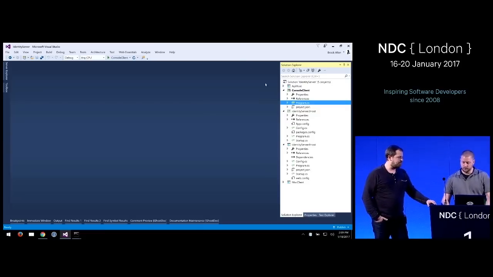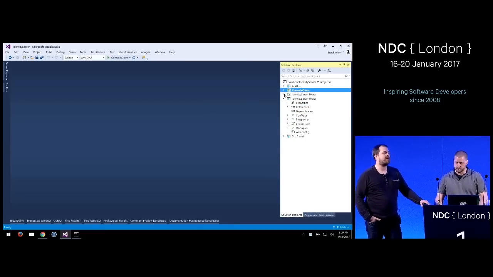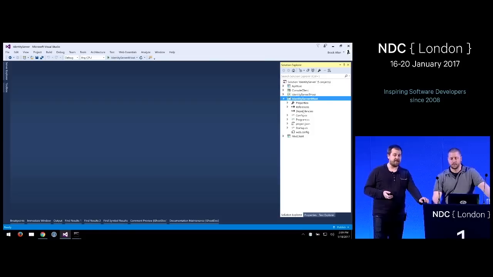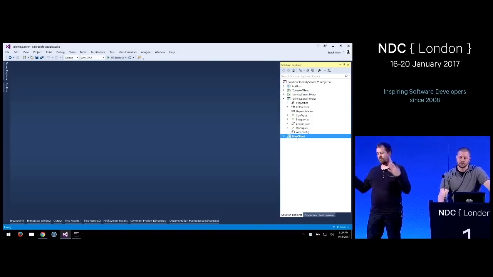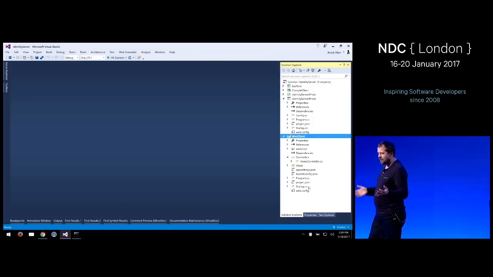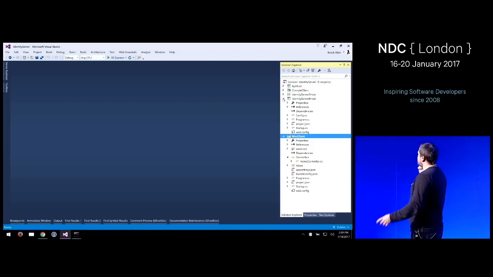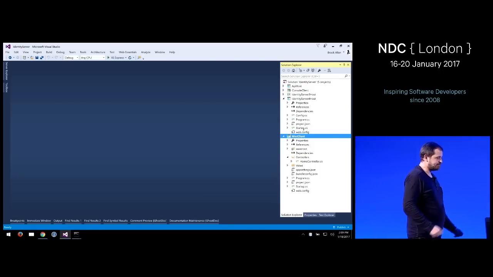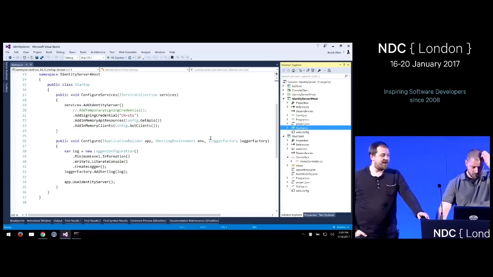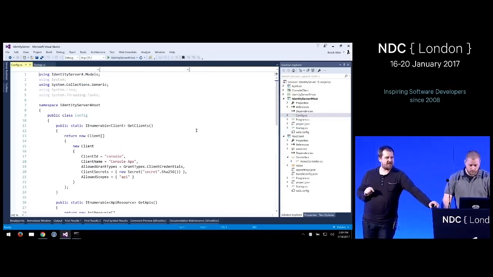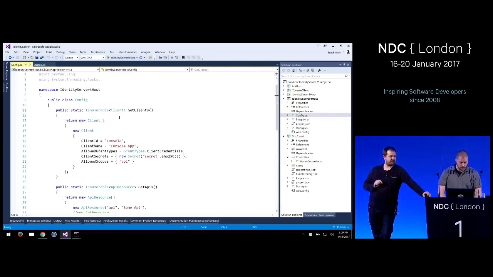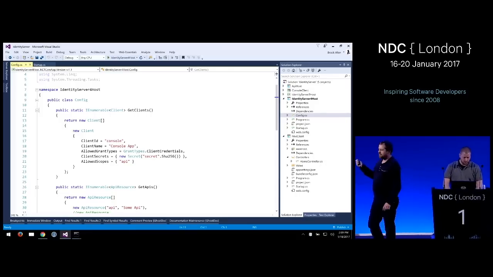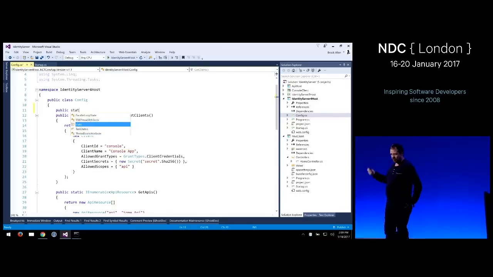Cool. The bigger, more complex scenario is interactive applications, right? Where you have a UI and login and users, and we have to deal with humans and all that. So I guess the first thing we should do is add some users to the system. Okay, so we had a class called in-memory user in IdentityServer4, and it served the same purpose kind of as the in-memory stores.